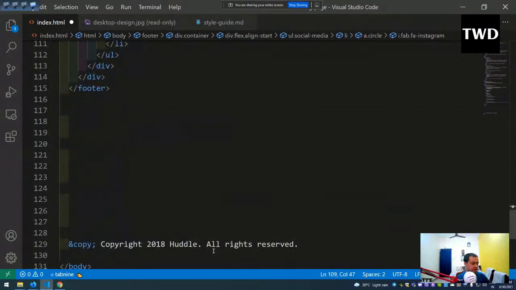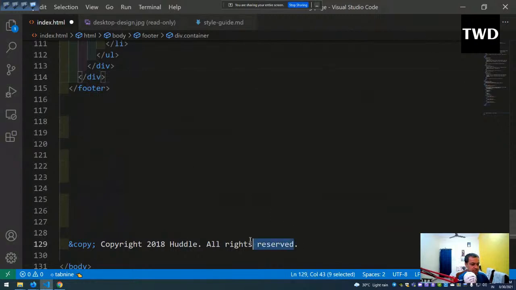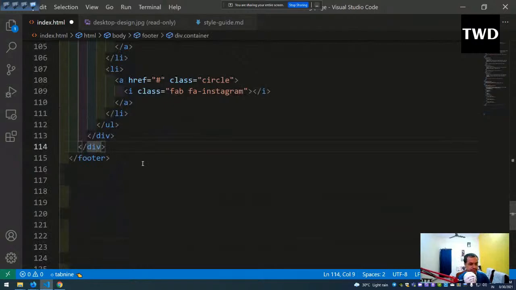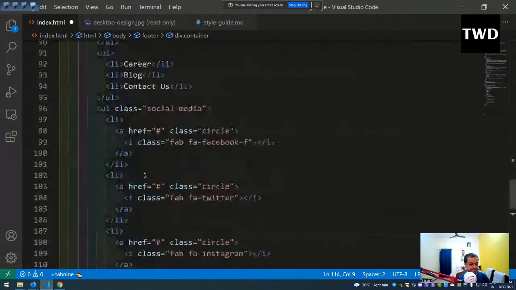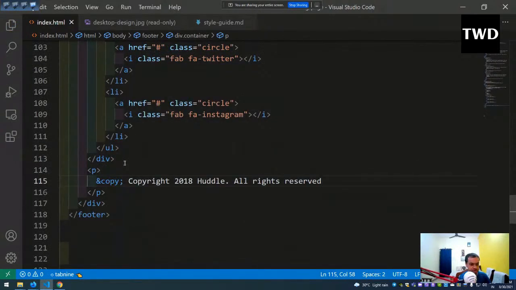Yeah, this one. Where is my container? So this is the copyright. Okay, so the one thing which is remaining,